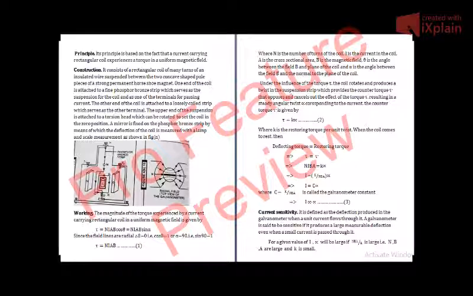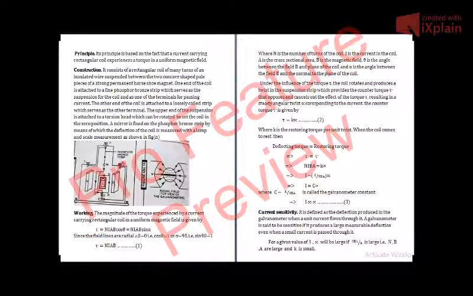We know that when a rectangular coil carrying current is placed in a uniform magnetic field, it experiences a torque. The magnitude of the torque experienced by a current carrying rectangular coil in a uniform magnetic field is given by tau is equal to NIAB cos theta, or tau is equal to NIAB sin alpha. Here I have introduced N because this time we have a coil of N turns. Otherwise, tau would have been equal to IAB cos theta or IAB sin alpha, as we had derived this relation a few minutes before.